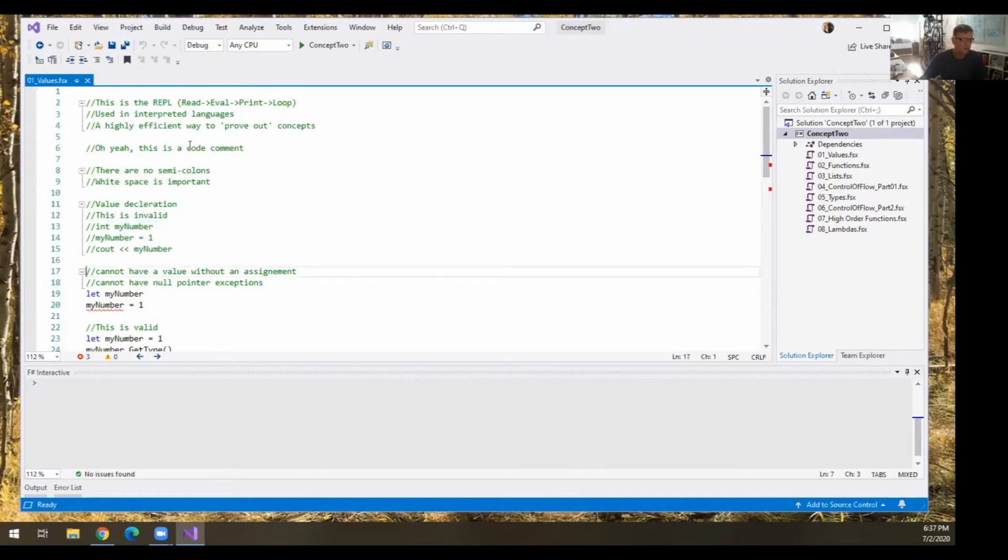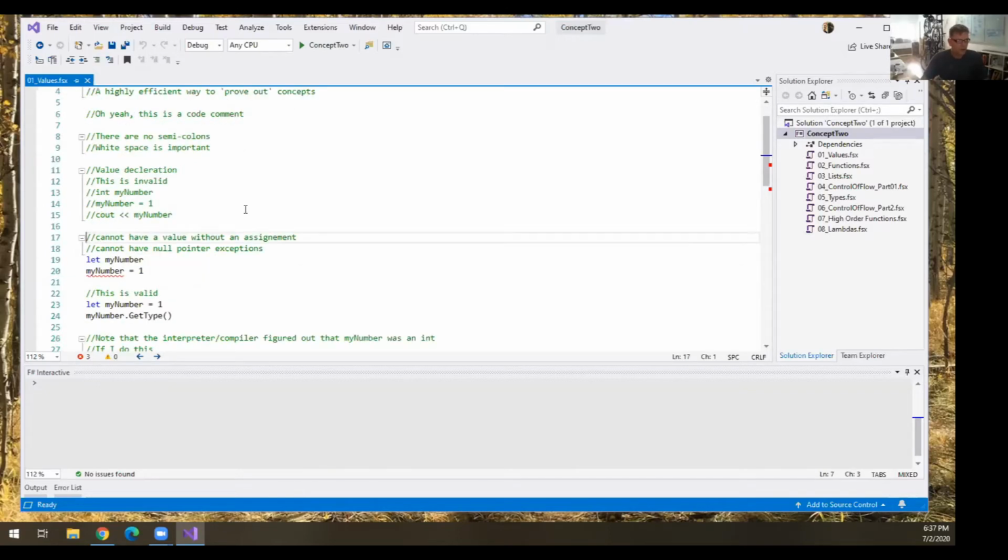But in any event, when you create a value, not a variable, in F#, you have to assign the value right away. So for example, lines 19 and 20, let is my keyword to assign something. In this case, we have let my number, and I'm not assigning any value to it until line 20.